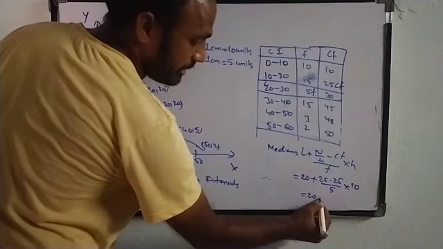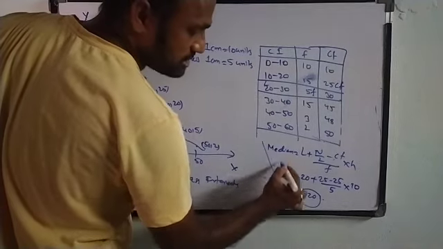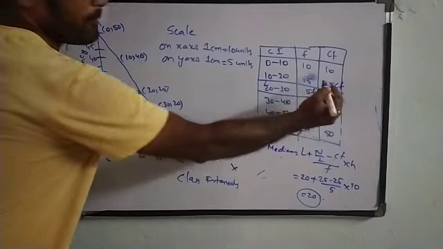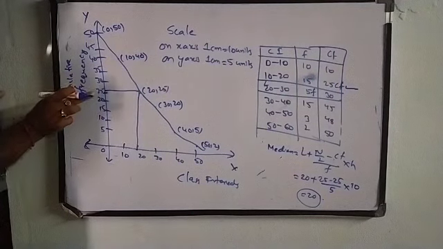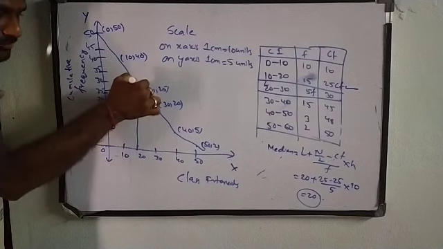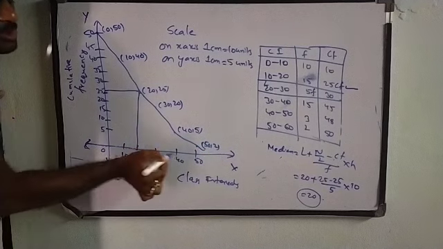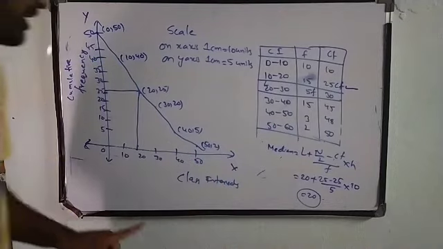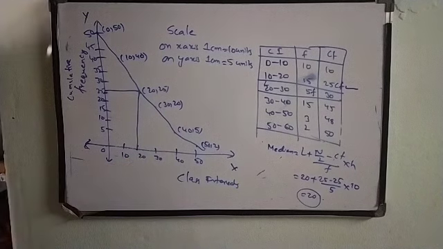Since here we are getting the median answer as 20, we can represent it here. But make sure that there is no need of calculating the median using the formula. Based on the cumulative frequency that we are getting, we need to check the point here and draw a line which touches that curve. And from that curve, exactly perpendicular, we touch the x-axis. Wherever it touches the x-axis, that answer is nothing but the median. Now in our question the median answer is 20. So here we need to touch that point at 20. So that will be the median answer.